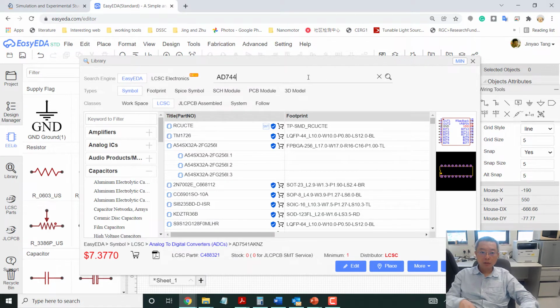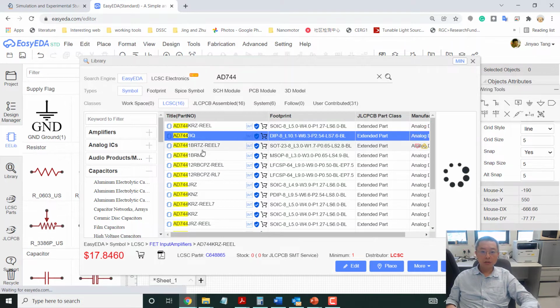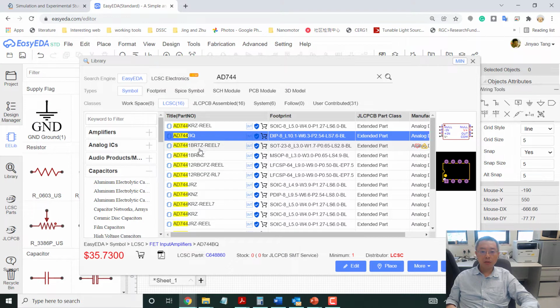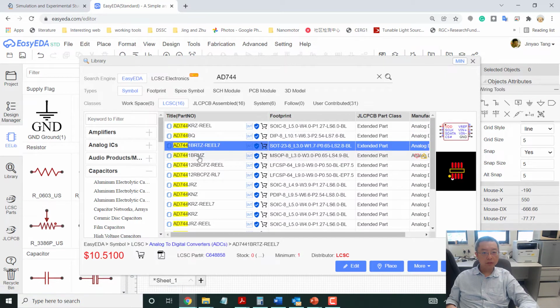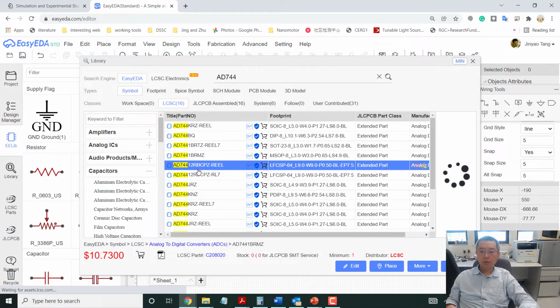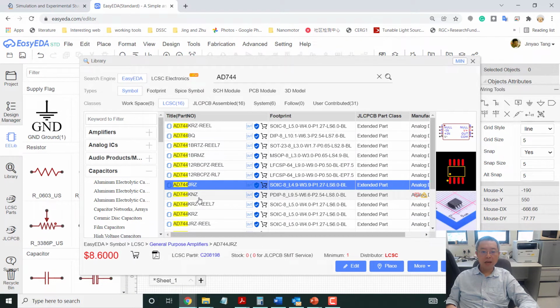AD477. Okay, so that is an IC board. They have a different kind of package, as you see. There are many packages you actually have. You can buy from here, but this is relatively slow. Sometimes we use a different kind of package, and make sure you select the right package you would need, right? Because you can see they actually have